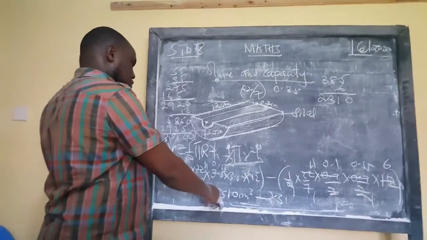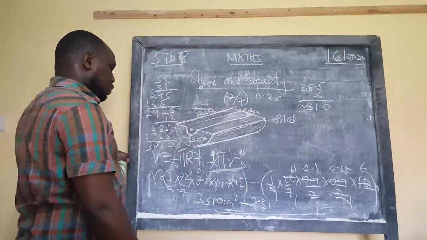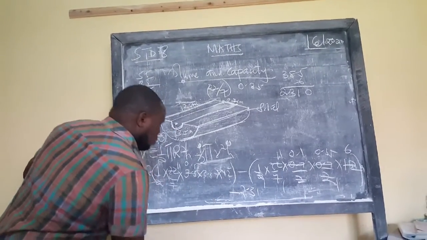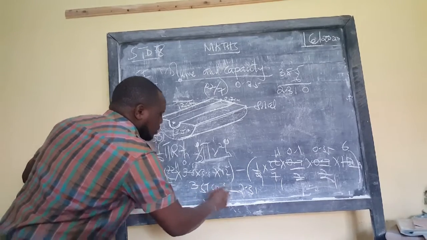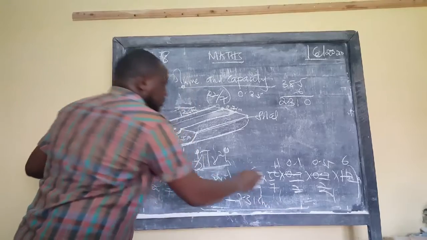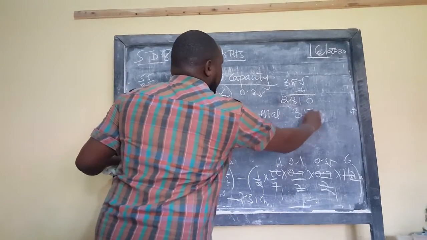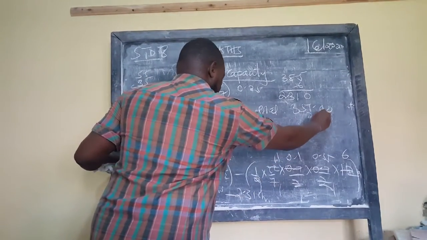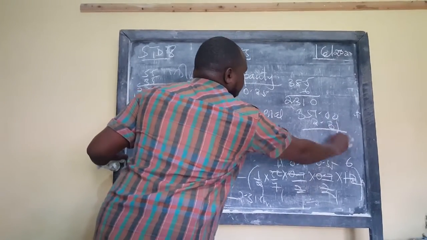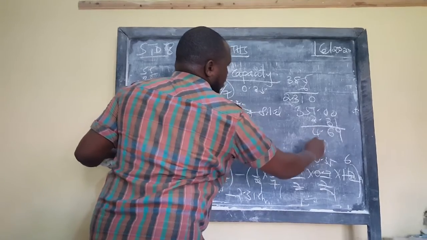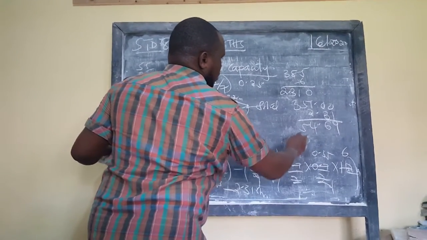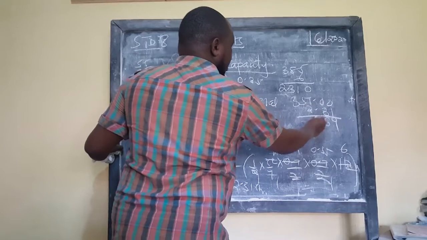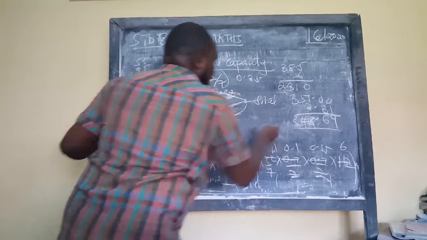So if you calculate 12 here, this one has 2 decimal places, not 1. That is going to be 351. So it's going to be 351 cubic centimeters minus 2.31 cubic centimeters. And you subtract: 351.00. Because these are 2 decimal places, I place 2 zeros there just to make sure that they are the same. I borrow 1 to make 10. So the answer now becomes